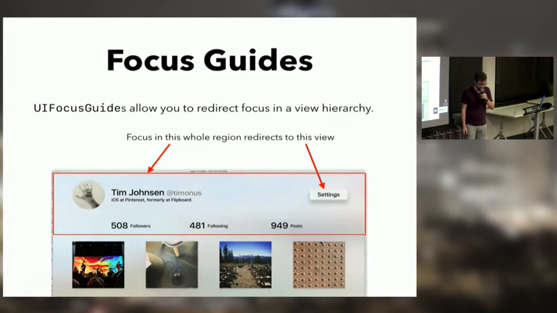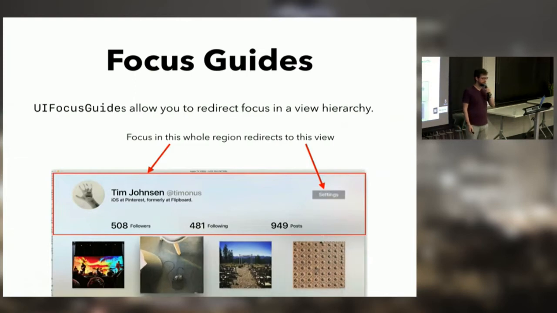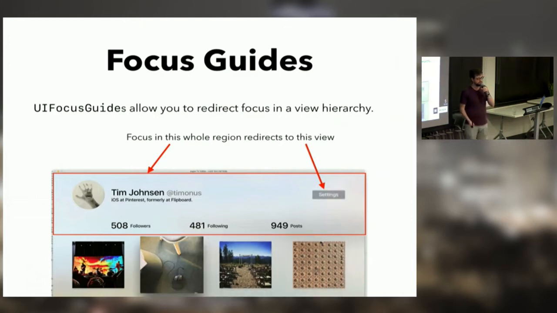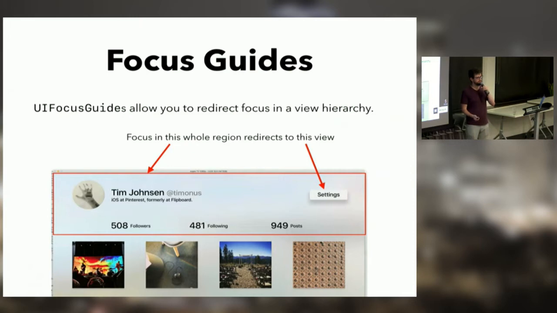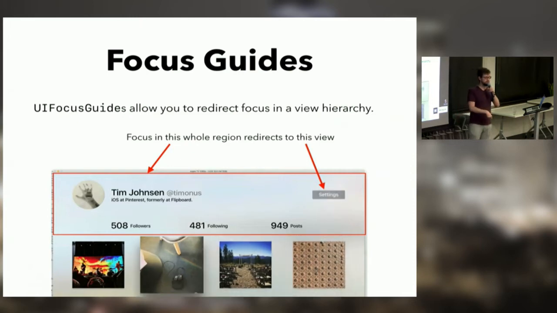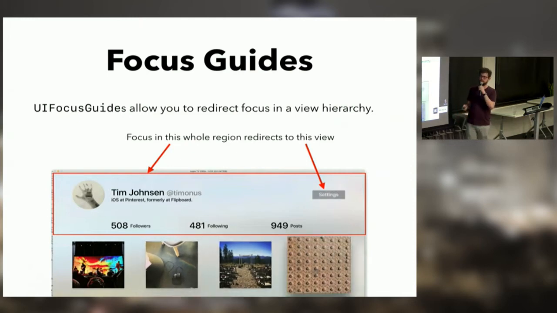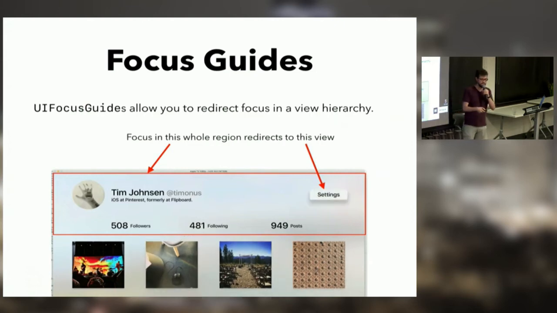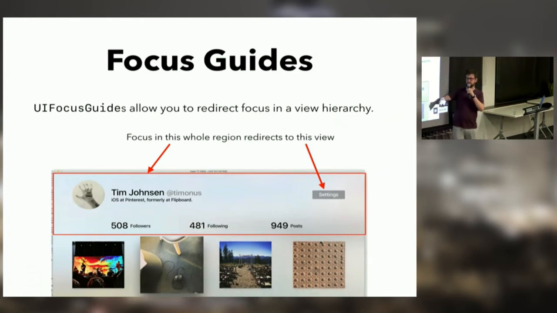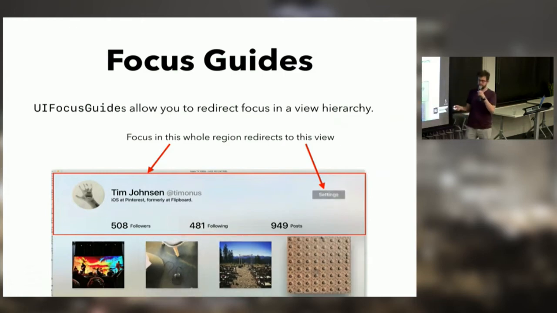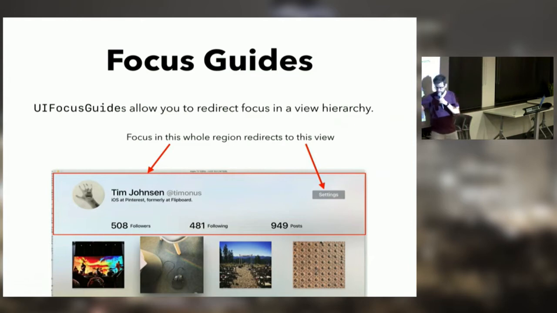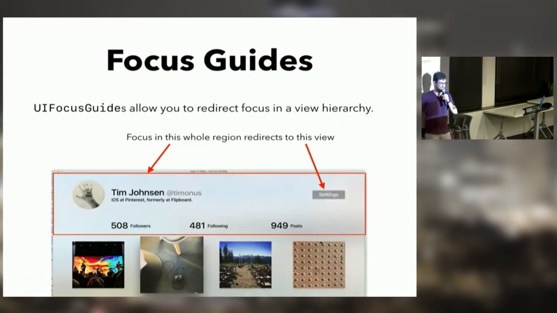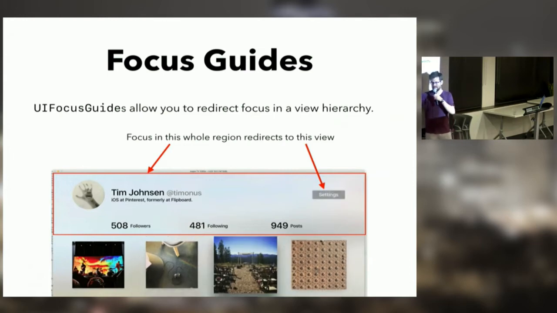And then finally, this is a super cool trick that a friend of mine who worked on tvOS told me about. There's a class called UIFocusGuide, which inherits from a class called UILayoutGuide that is available on iOS. UIFocusGuide is not available on iOS. But a focus guide allows you to inject focus guides into views, and you can set them up so that focus is redirected. In this case, I've got this collection view full of cells, and by default, if I was to try to swipe up on this one, the focus system doesn't detect any views above it. So it would just stop there.